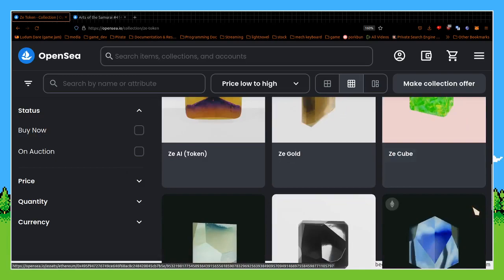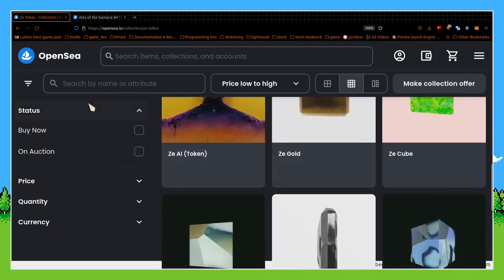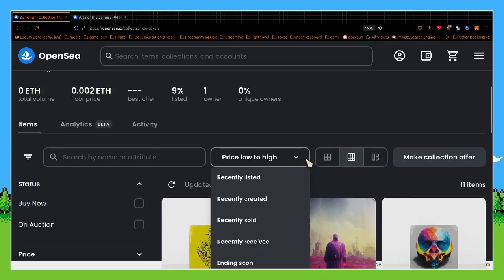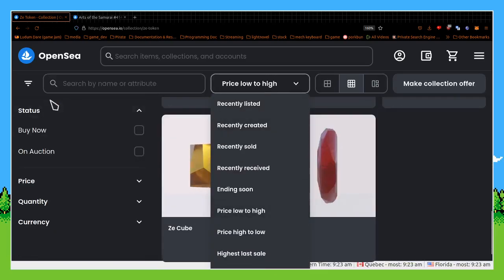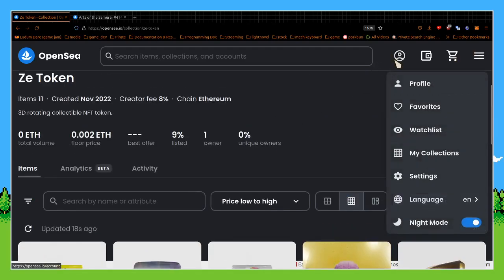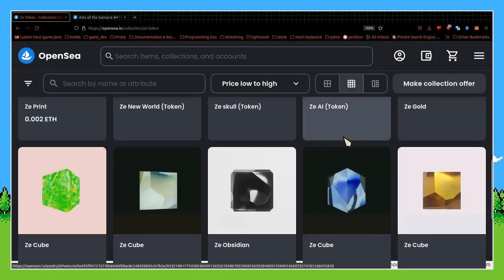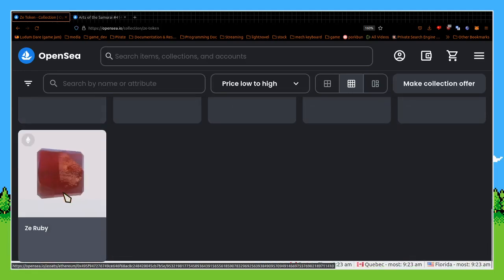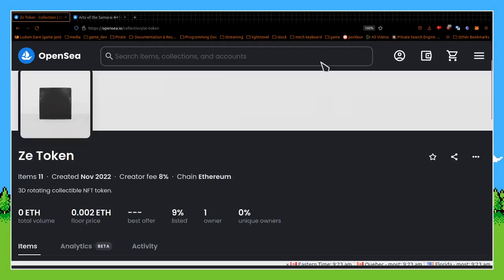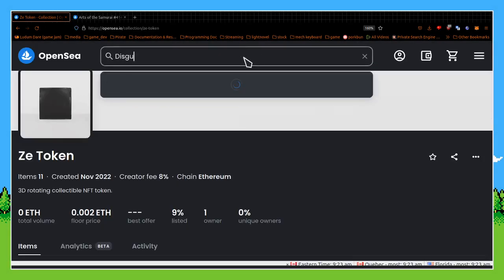I'm not sure if it's hidden, to be honest. How do I show which ones are hidden? I'm not used to OpenSea. I don't think those are hidden, because I'm not connected right now and I can't see them. But if I go on my profile, I think they are.